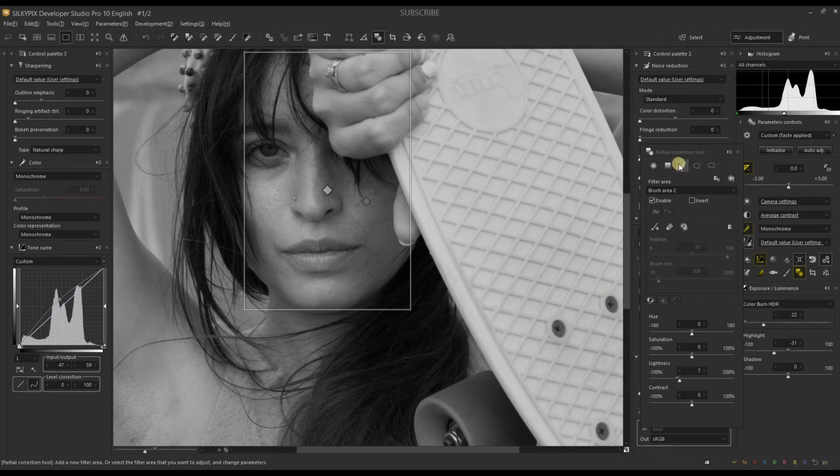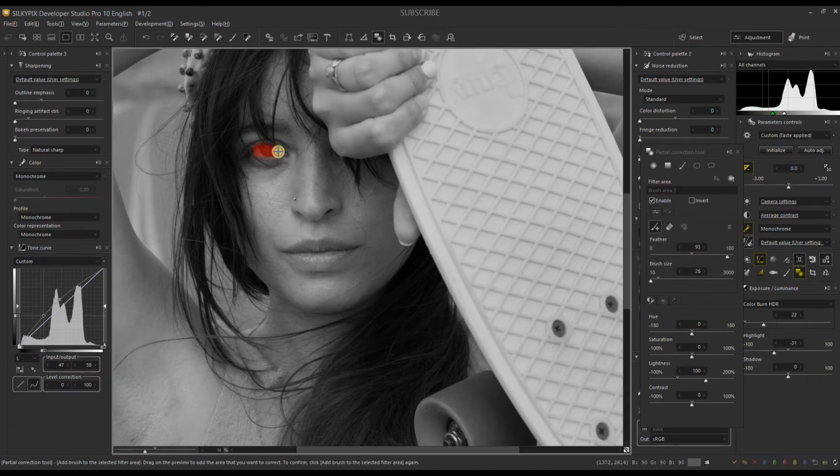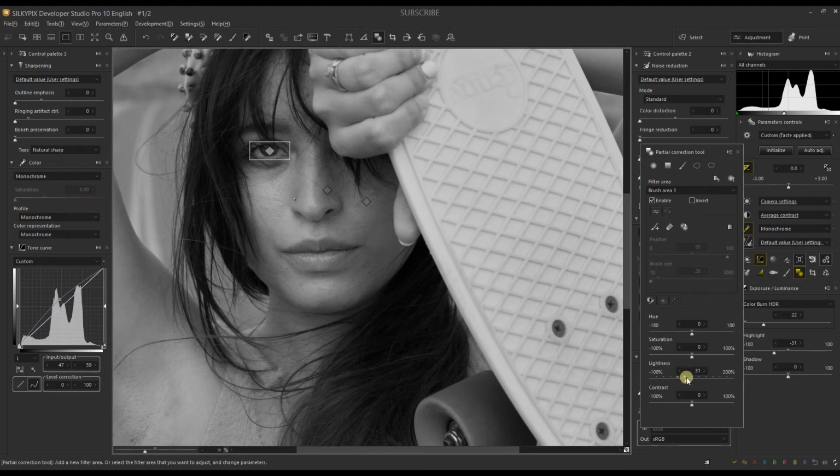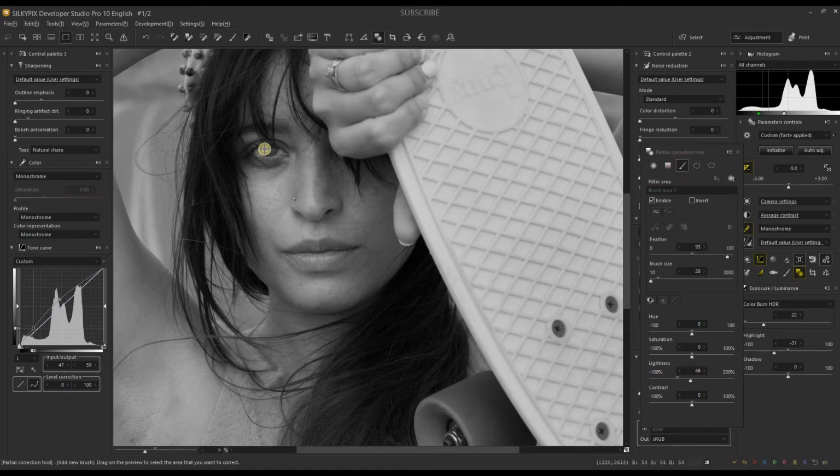Now I'm going to add another brush, make the brush smaller, in this case actually really small. Brush on the eye, because in any kind of portrait, your eye has to be one, super duper sharp, two, well exposed. So this is actually a little too much, so I'm gonna press plus and just a touch there, turn off, reduce the lightness, see where it's taking us, and I'm gonna stop just before you can see the difference. So let's see, maybe a little bit less, and I'm going to do the exact same thing in this case, just on the eyeball,